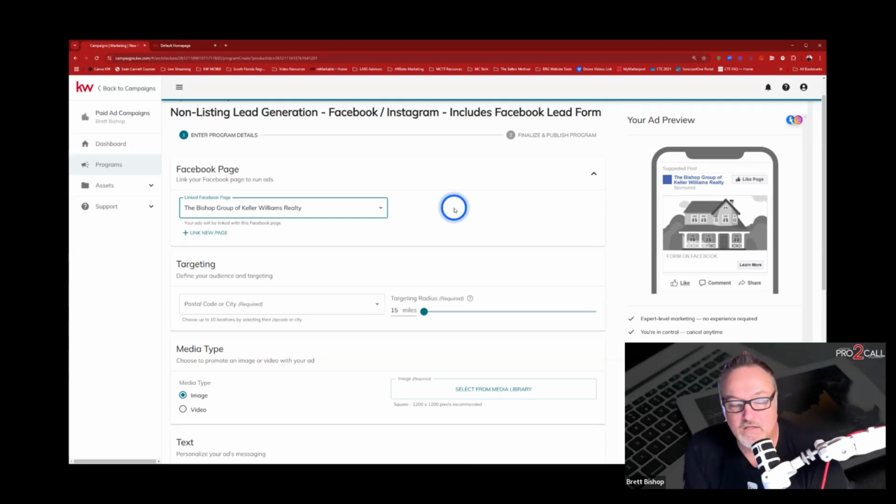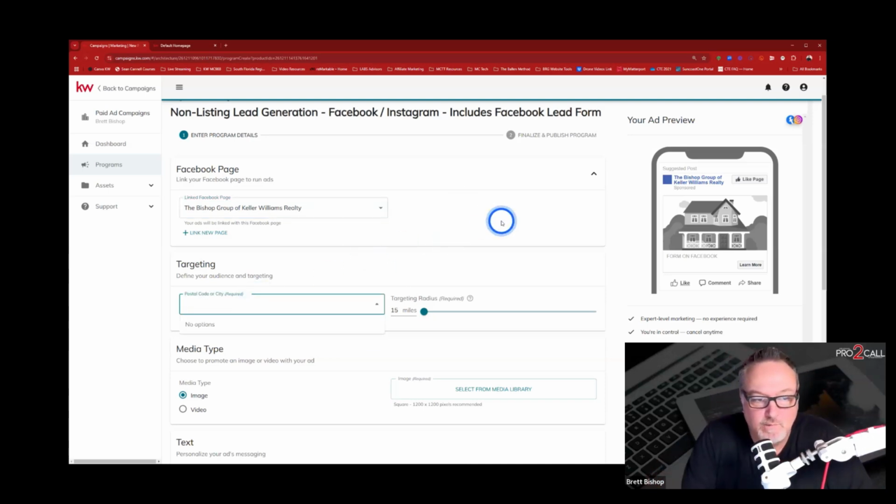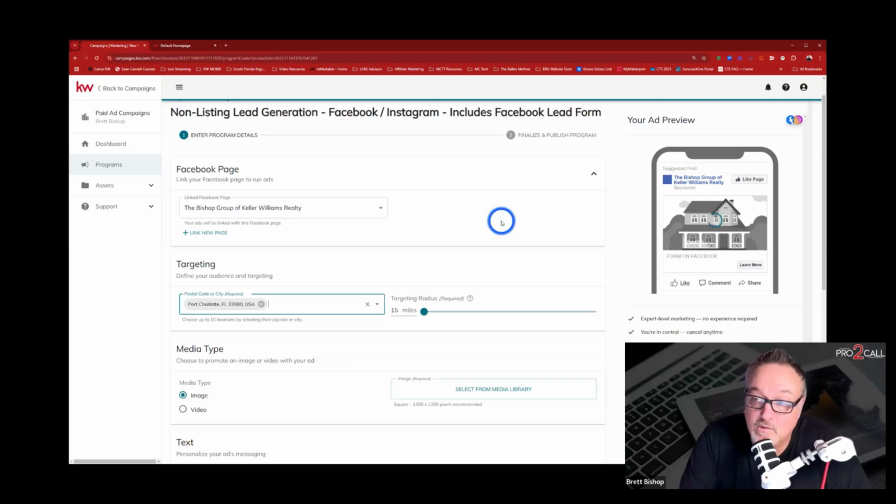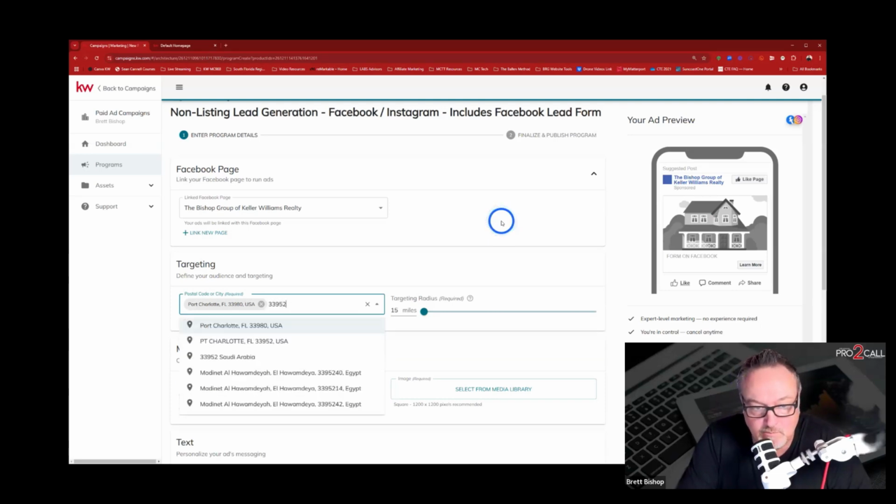So knowing that, if I have a property in Northport or a property in Punta Gorda, vice versa, the 2 opposite ends of the spectrum, 15 miles and 20 miles is not going to do it for me. I have to go 25 miles for it to pick up one end to the other. So if you know things like that, it's helpful for you. I can actually target postal codes or cities. You can put in multiple zip codes if that helps you. So up to 10. A lot of people don't realize that, but you can actually put in multiple zip codes